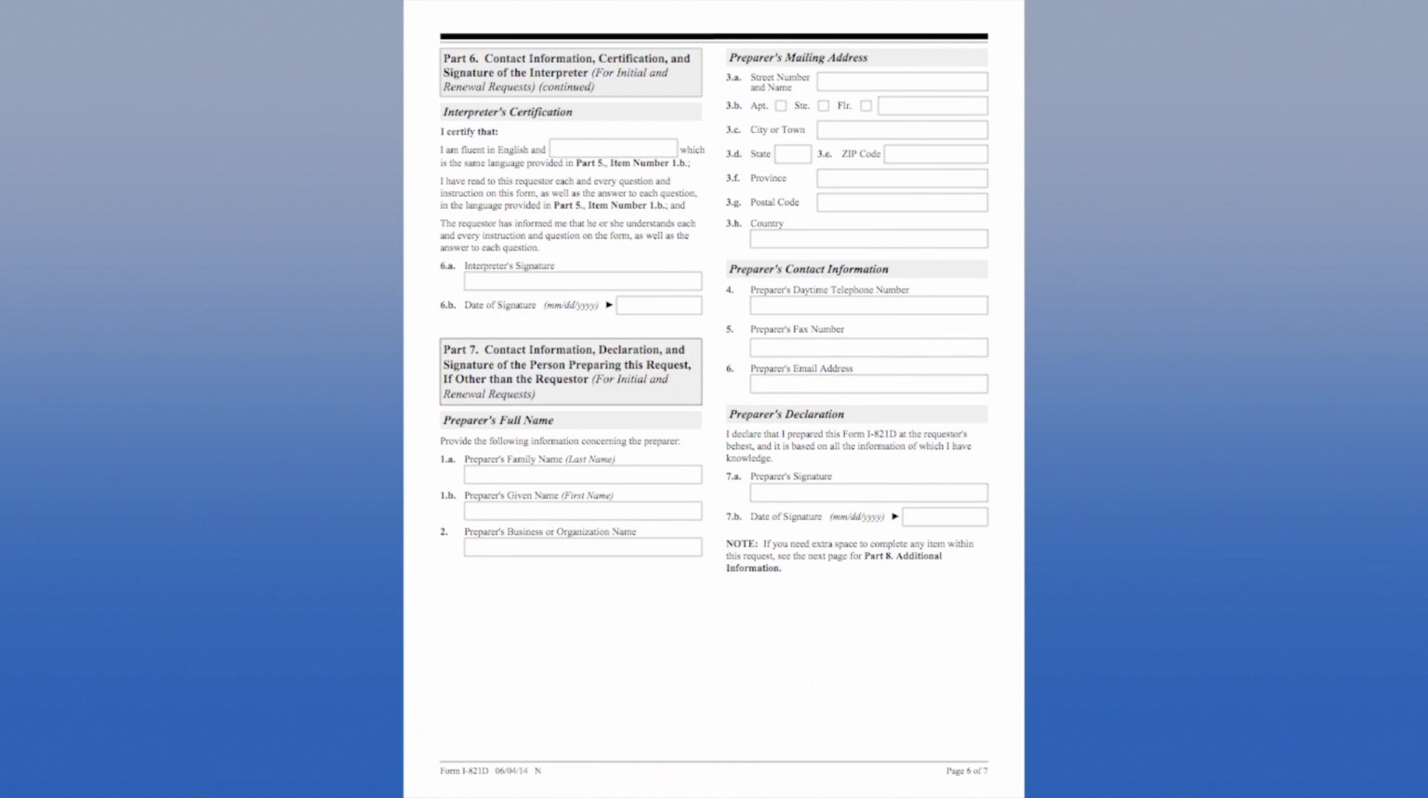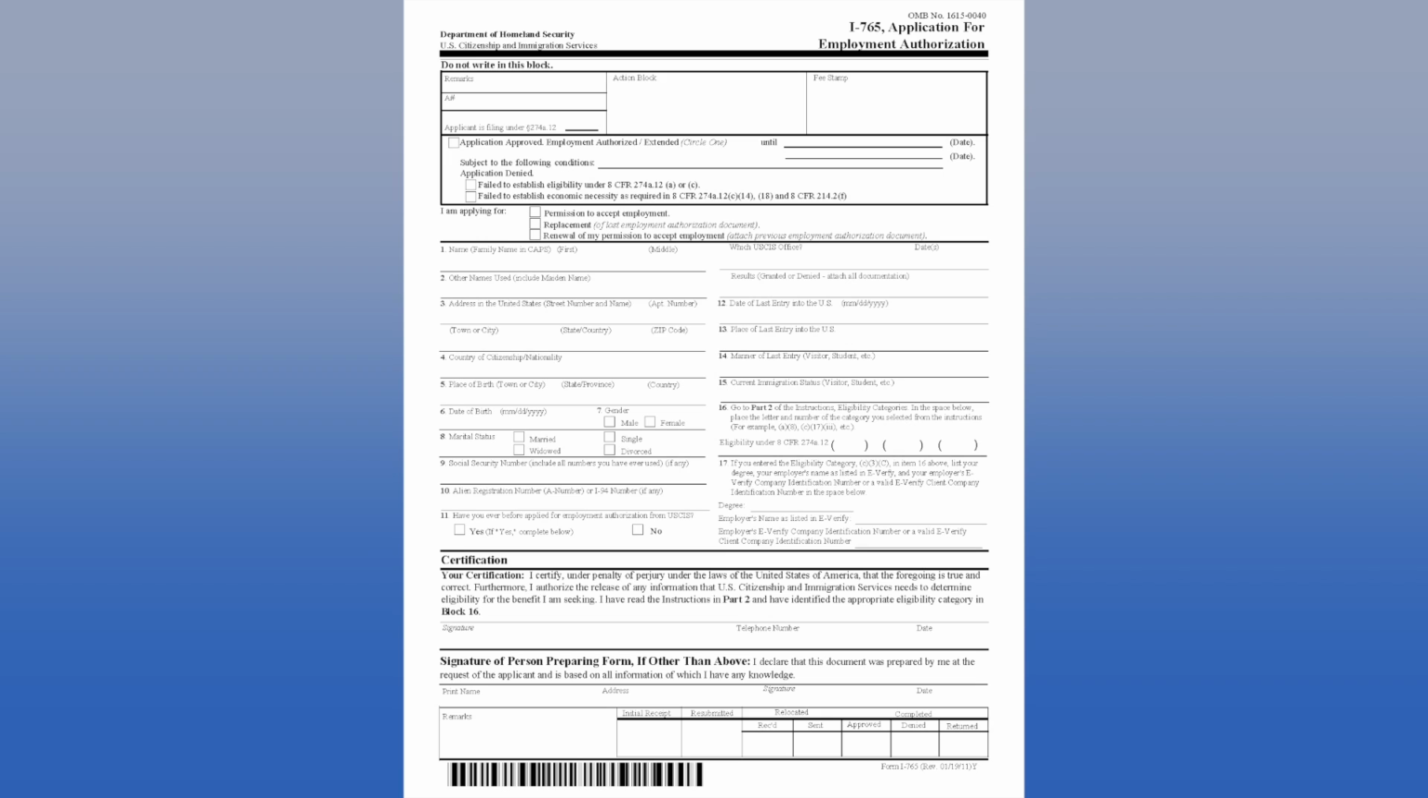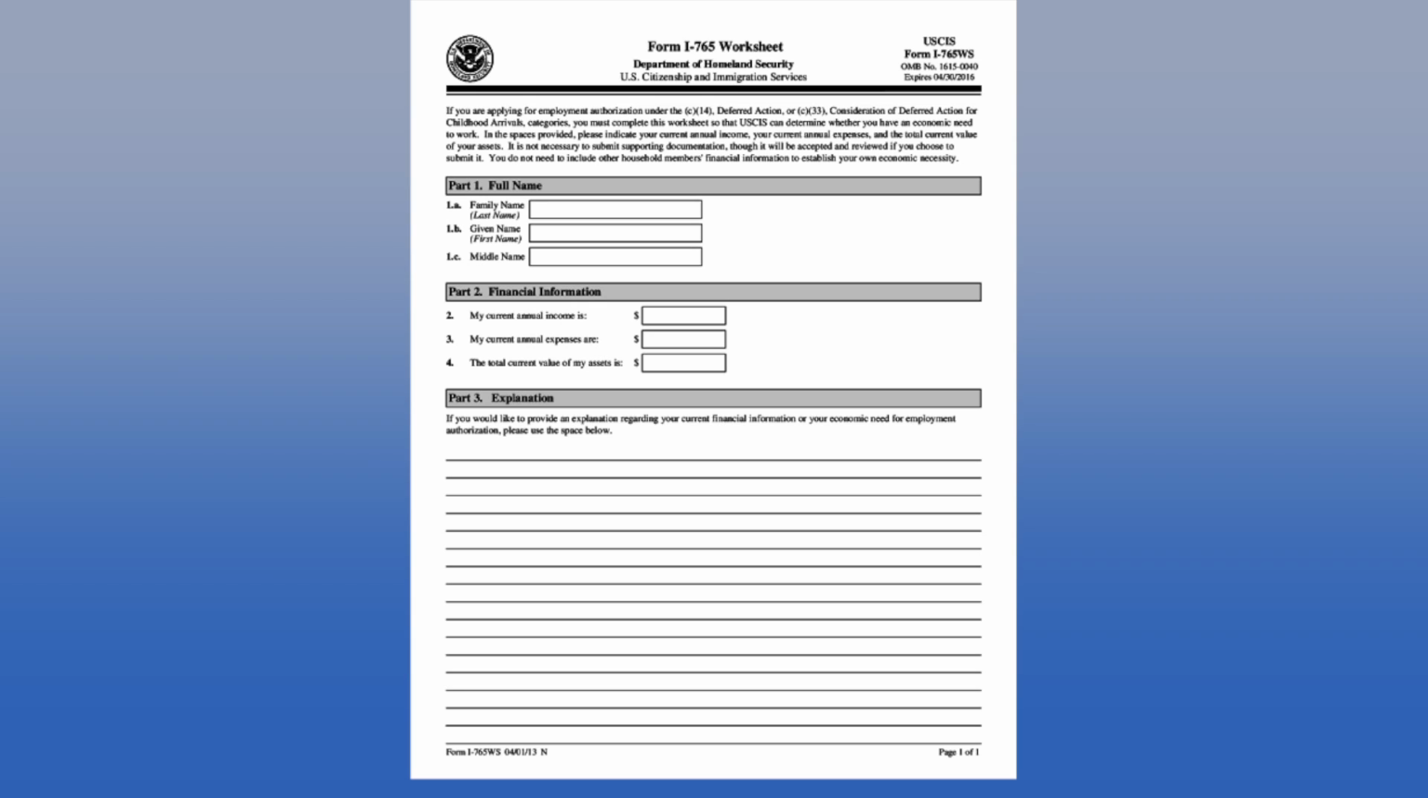Secondly, the next form that you want to make sure you include is the I-765, which is your employment authorization document. This form also needs to include an I-765 worksheet. It needs to be filled out completely. Make sure that you do take your time and fill this out, whether you choose to do it on your own or whether you choose to have